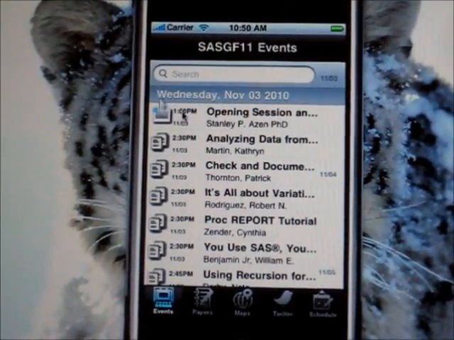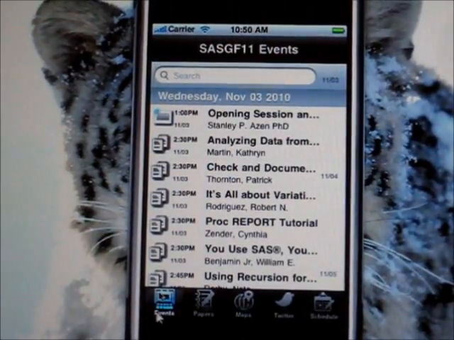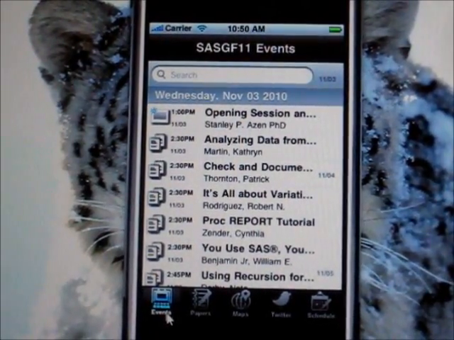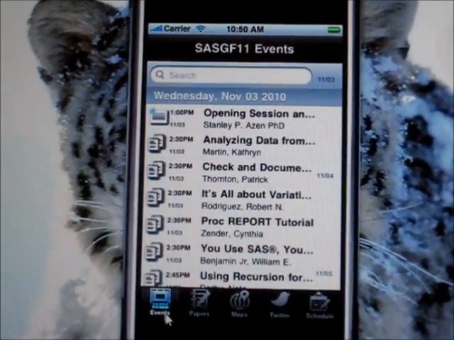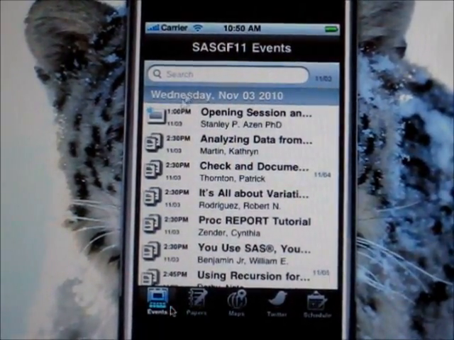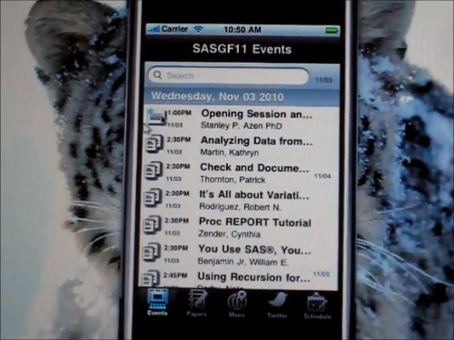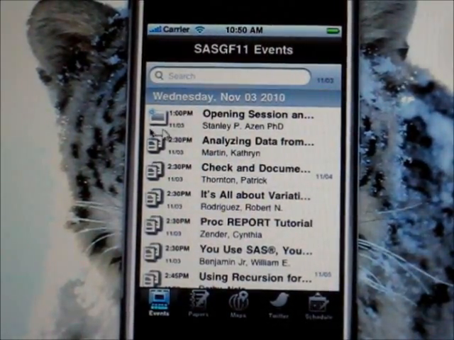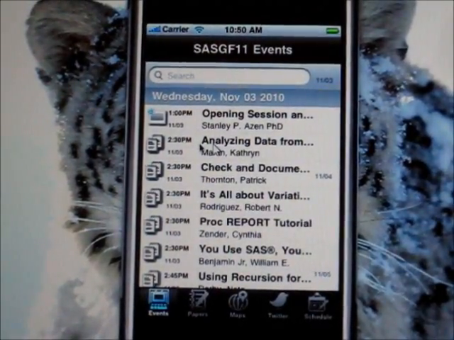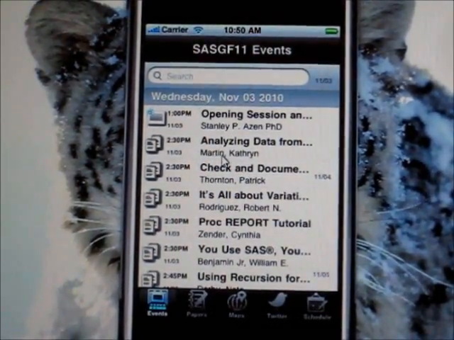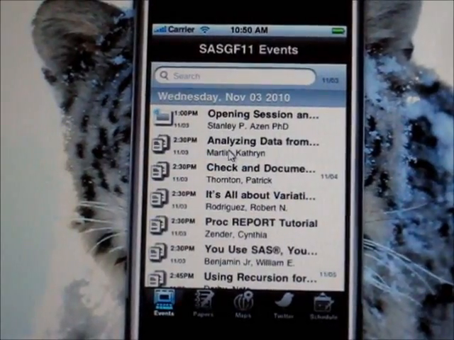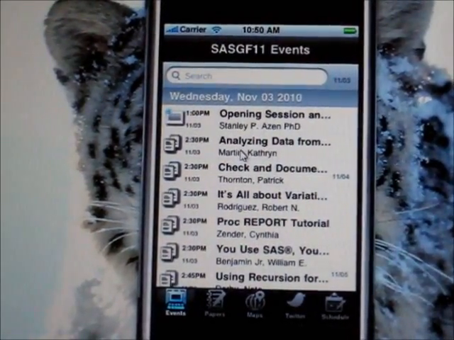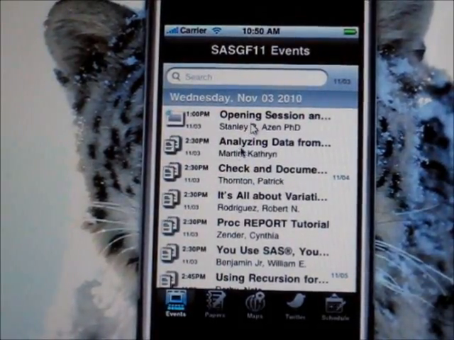So the first screen is what's referred to as the events, and this has all the opening session to all the paper presentations. As you can see, the sessions that do not have a paper associated with them have a different icon, like the opening session, and papers actually have the name of the paper, their assigned time, dates, and also the author's name. Now note that we don't have this for the final version yet, so this is actually carryover from some of the WISP papers. But if you were to click on one of these